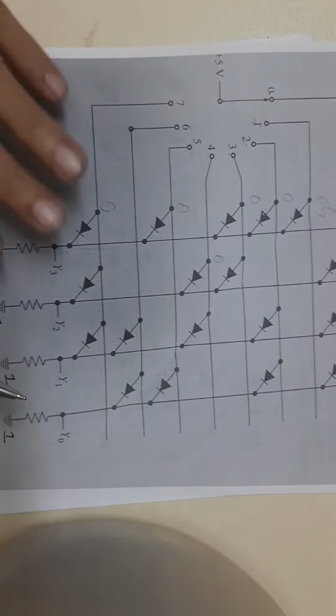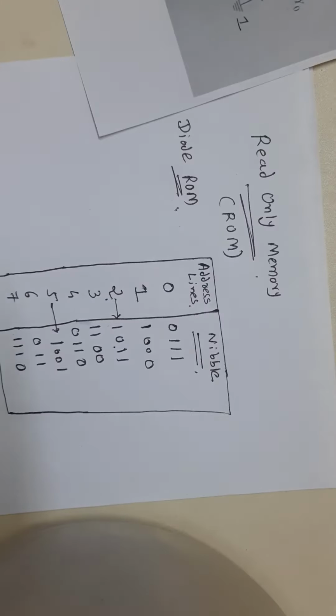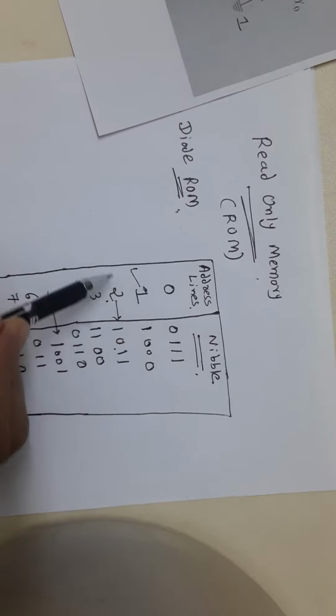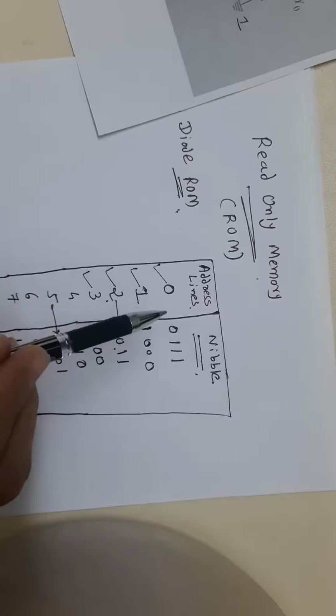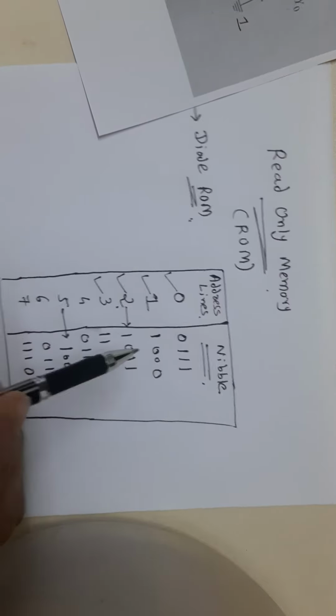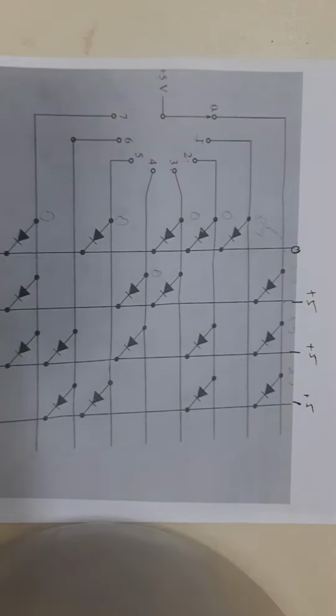In this way, we are discussing address line 1, address line 2, address line 3. Whatever we discussed about address line 0, in the same way we get this type of data at the output of the diode ROM circuit. Suppose we want to build a circuit that stores the binary numbers shown in the table. To keep track of where the numbers are stored, we will assign addresses.